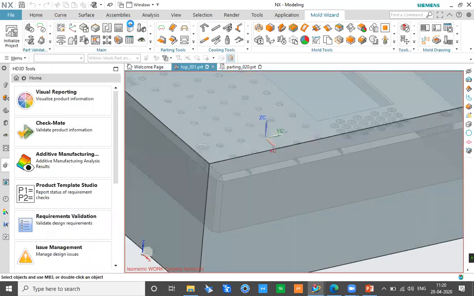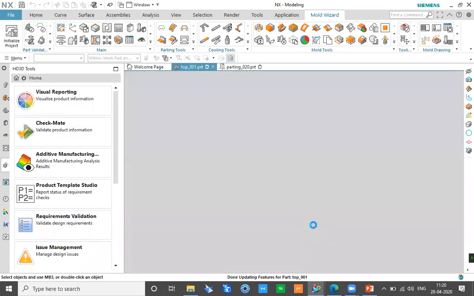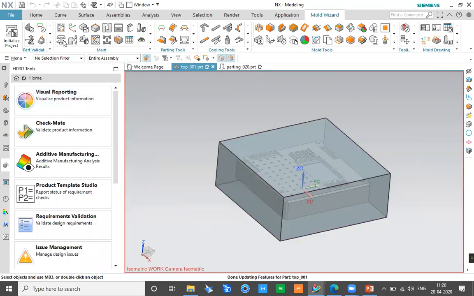So various things can be done over here, like you can do various kinds of checks before we actually start the moldability. And one very important check we can do is a basic flow analysis run. So if you are not understanding from where to put the gate and where the runner should be installed and everything, you can do a very basic flow analysis over here. This is powered by Moldex 3D. So the best part about this is the results are quite accurate.